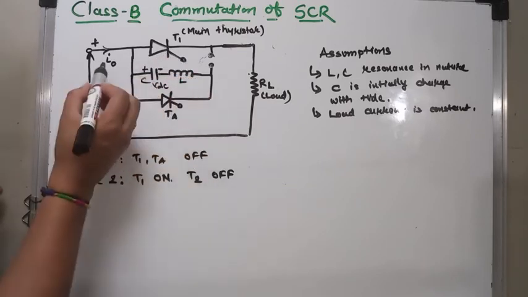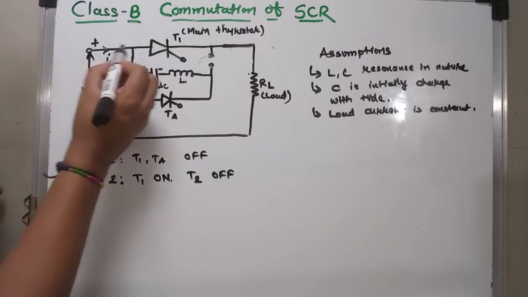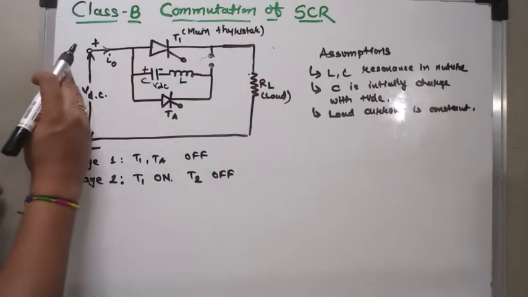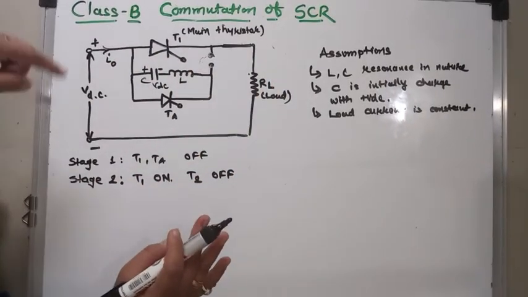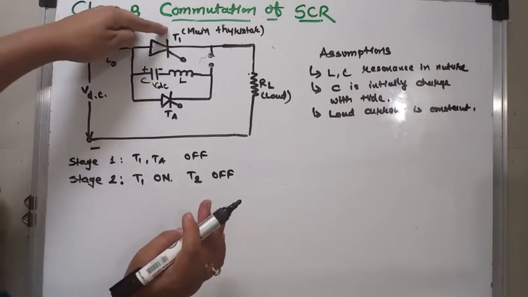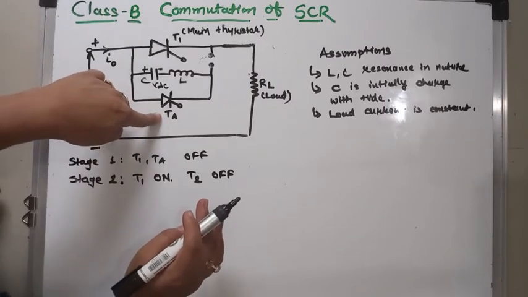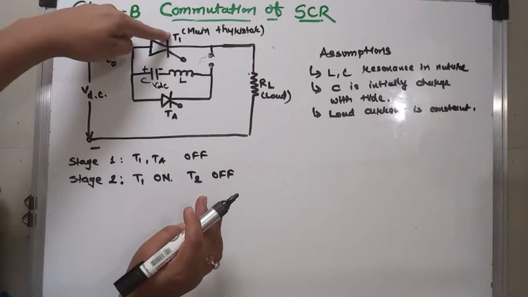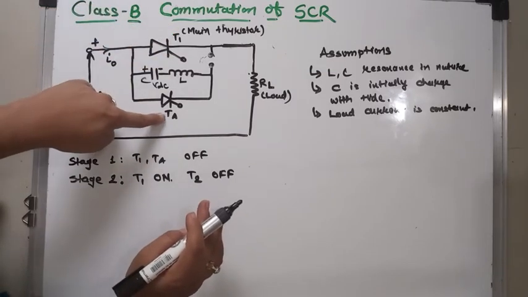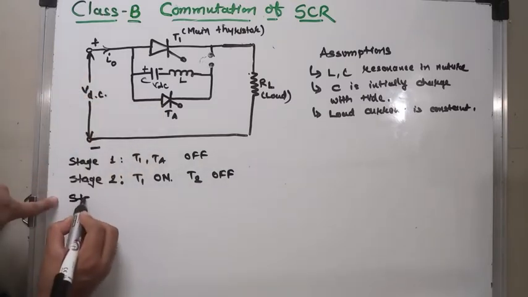So what will happen? Current now flows from plus through T1, through the load, to the negative, as the load current flows from the source to the load. Now if you want to turn off the thyristor T1, what will happen? TA is turned on by applying a gate pulse. When you are going to turn off this thyristor, TA is turned on by applying a gate pulse. So in stage number 3,